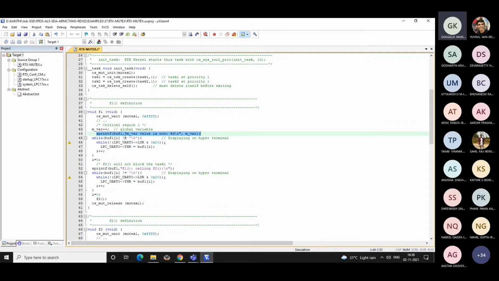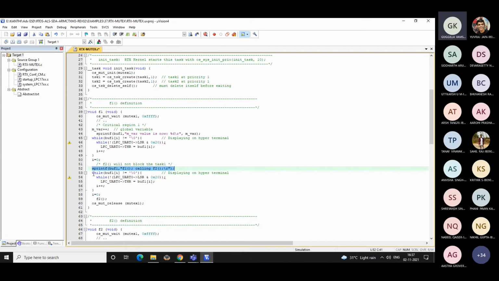And then this is the piece of code for UART for putting this message. And then you say that F1 calling F2. Okay, so you put the message saying that F1 calling F2.